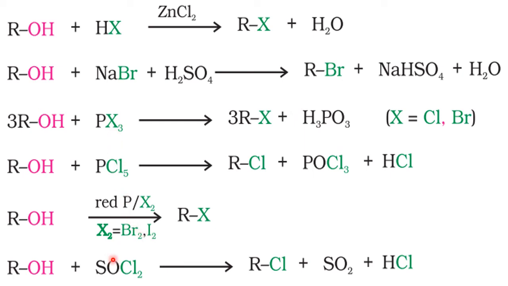Now with thionyl chloride, you see. ROH plus SOCl2 becomes RCl plus SO2 plus HCl. This Cl will make a bond with R to give RCl. Because H is free, that H and Cl form HCl, and this O with S forms SO2. So here the important feature of this reaction is what? Alkyl halide is formed, but the other two, SO2 and HCl, are in the gaseous state. So whenever you carry out a reaction between the alcohol and the thionyl chloride, the two byproducts are escapable.